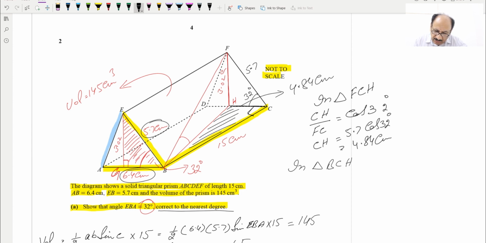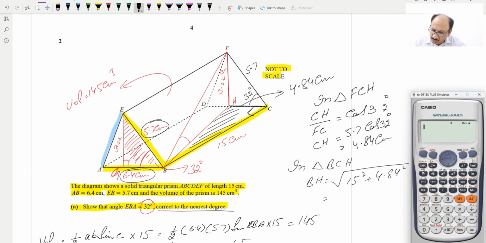So we can write BH is equal to square root of 15 squared plus 4.84 squared, and for this we can apply the calculator. So square root of 15 squared plus 4.84 squared,